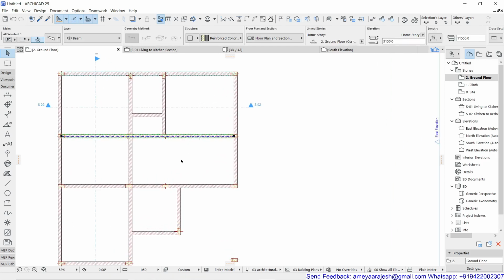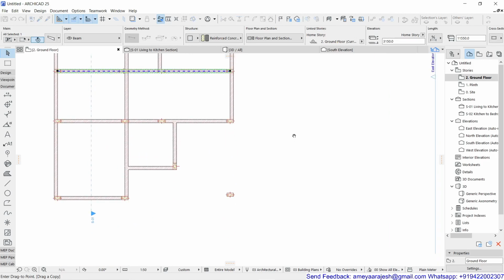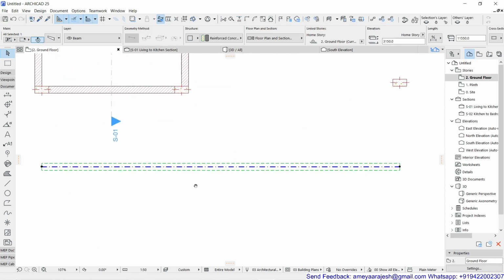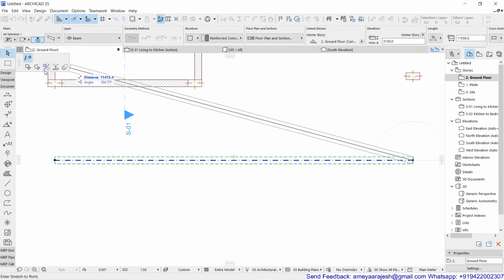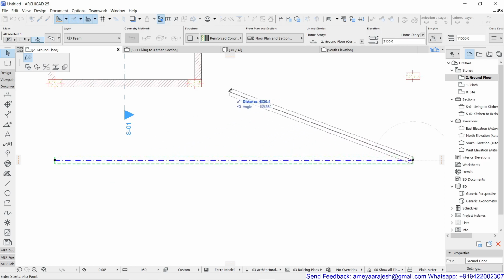So I'm just going to select this beam. I'm just going to place this beam on the empty part of the drawing. To understand this in a better manner, I'll place it on the empty part of the drawing for a while, and later I'll let you know. Now, if you want to change the length of the beam, obviously you can click on either of the nodes, and then make sure that your Pet Palette shows the Stretch option, and then you can change the direction and the length of the beam as per your choice.